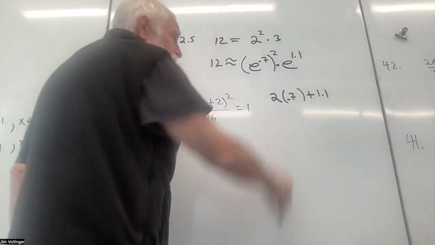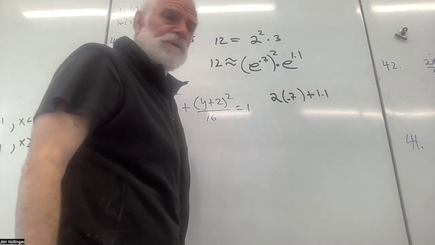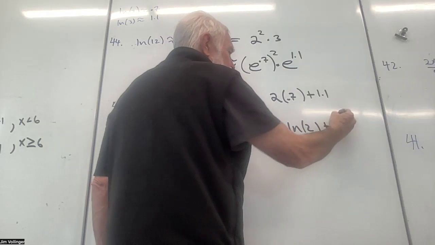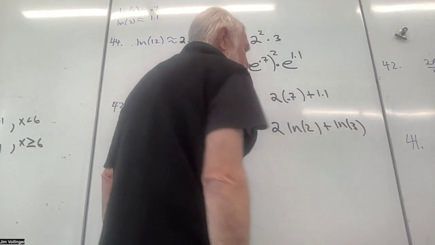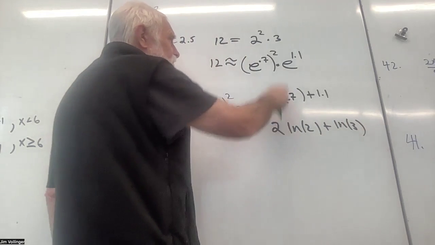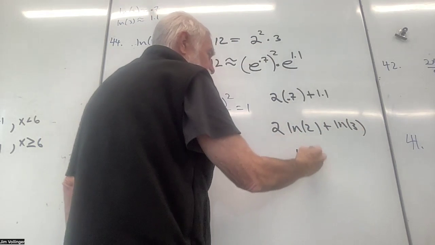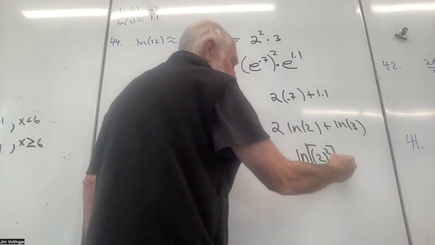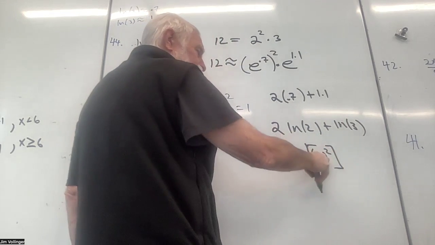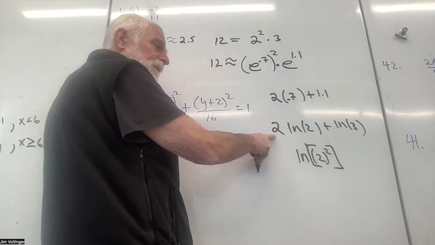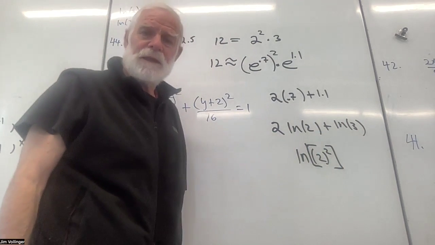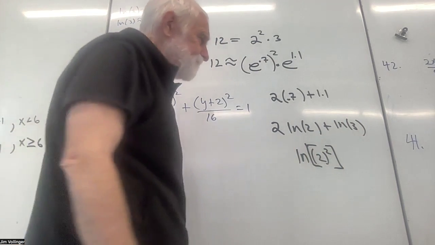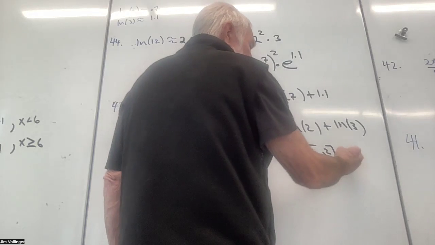Not only do I have that, but I begin to see the rules of logarithms. I see 2 ln of 2 plus the ln of 3. Wow. And it looks like 0.7 is getting multiplied. So I think I have ln of 2 squared. That's where 4 came from. And I guess showing the 2 there is the same as showing it here. I'm not going to say much more than that because I don't think your brain can process it immediately. So just putting something in your head. And the ln of 3,